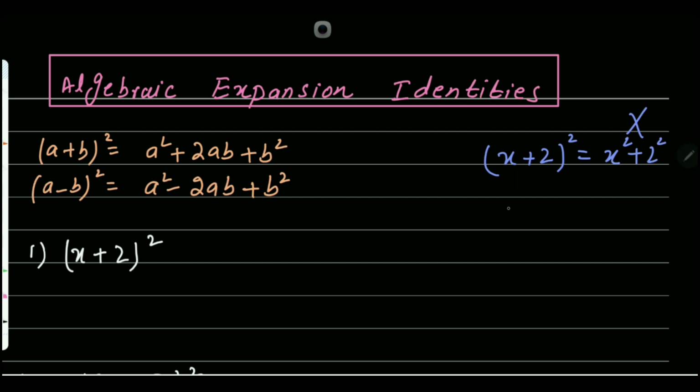If this were a multiplication question, then we can open it like x² multiplied by 2². That is correct. But in addition and subtraction, just remember this rule: you cannot open the brackets directly without using these identities. You can open the brackets by using these identities.